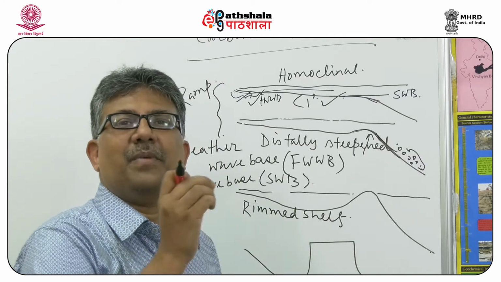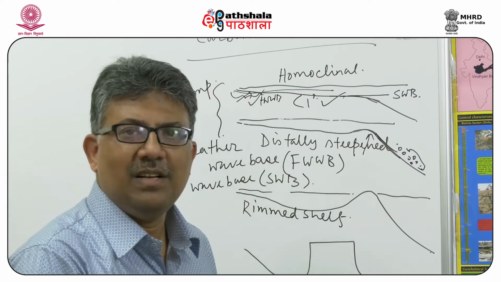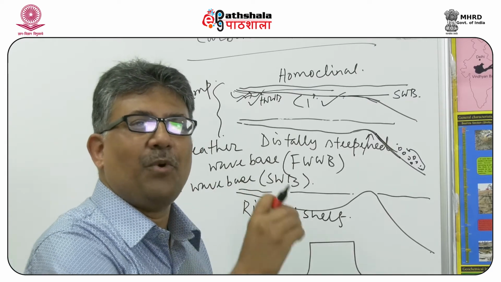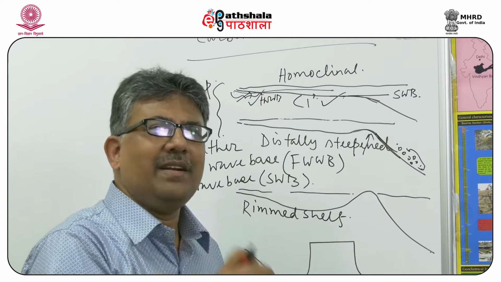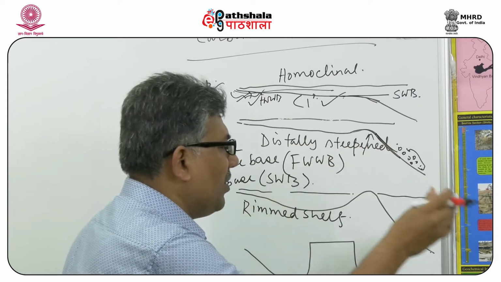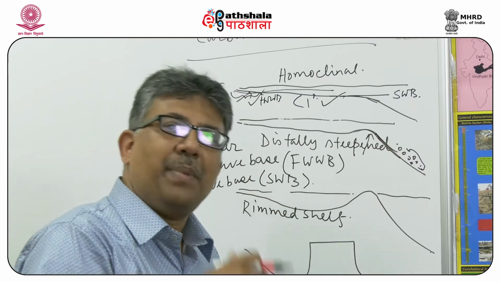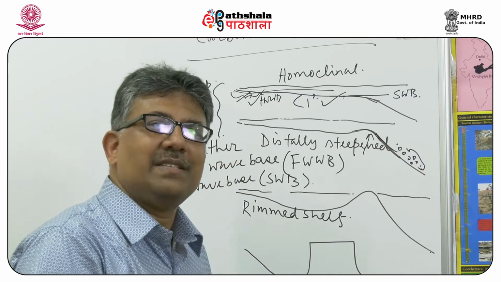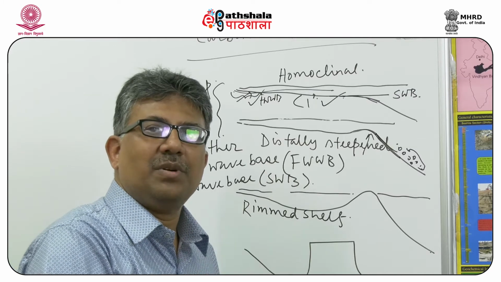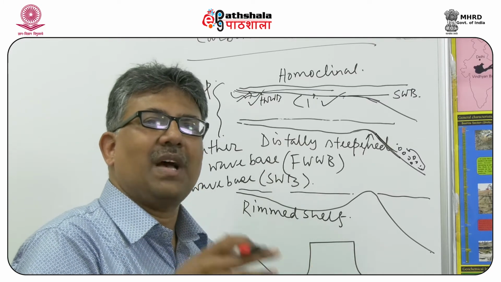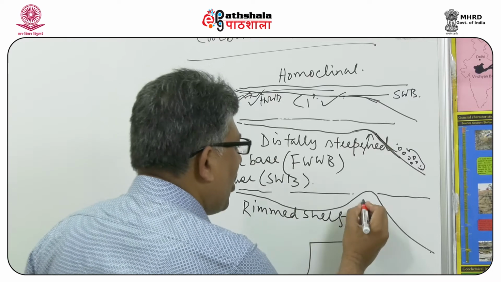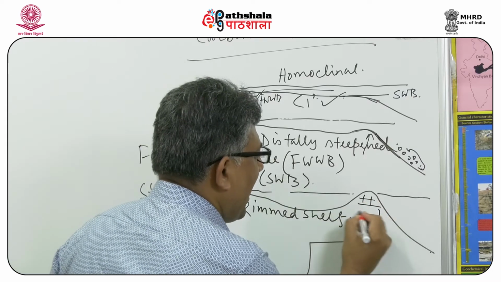is a very favorable zone for carbonate production, because that is the zone which, in the profile, is one of the shallow zones, and all kinds of oceanic waves basically break along that zone, which creates wave agitation and shallow depth, which totally helps in carbonate production. So the growth of the reef at the shelf edge